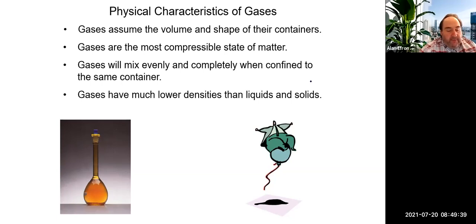If you have multiple gases flying around in a single container, they're going to mix just by the process of flying around, right? If they're in the same container, they have no choice but to be mixing with each other, and they're constantly mixing, which means they're very soluble in one